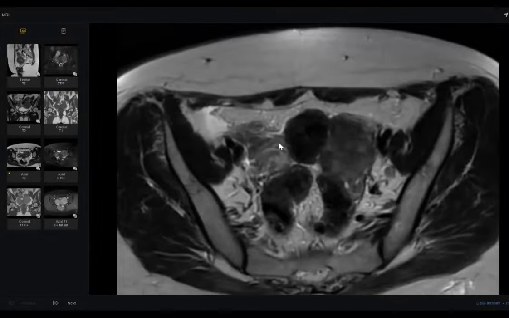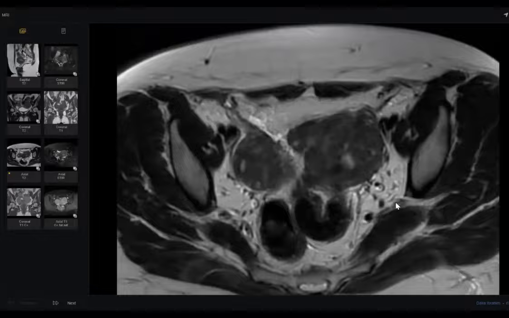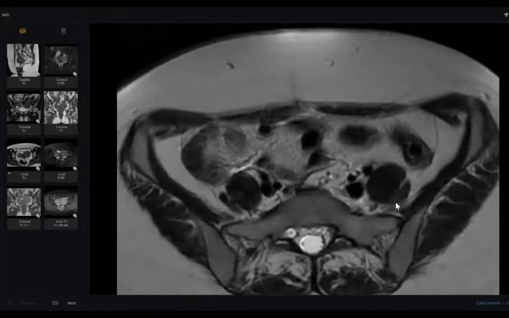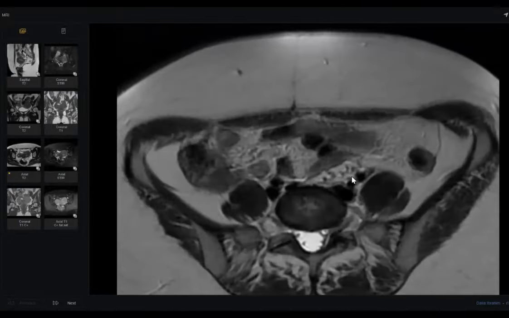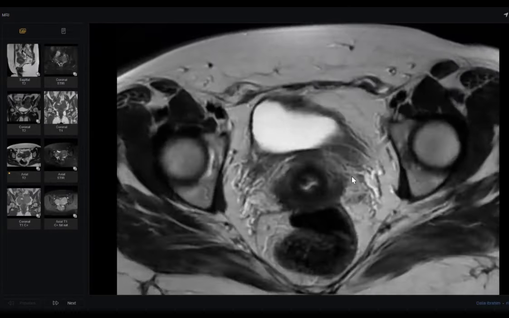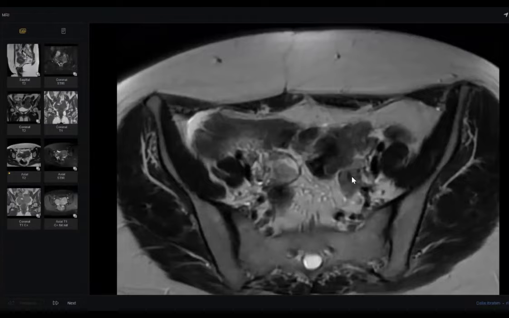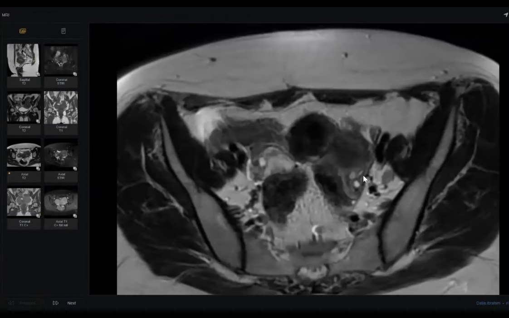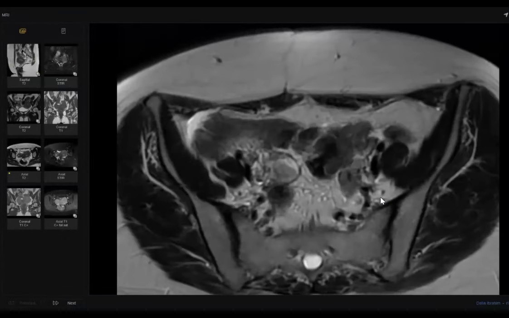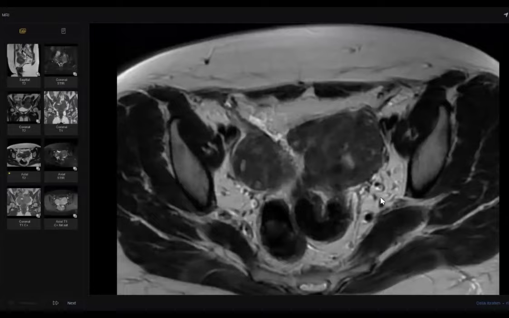I think this one here. Sometimes the large uterus obscures the ovary. I think it is this one. So both ovaries are clear. If you find any endometriosis, try to rule out deep penetrating